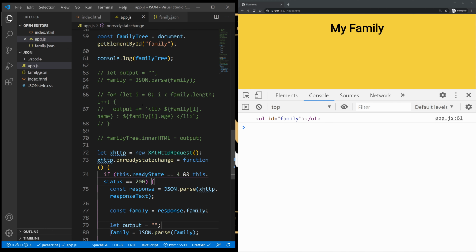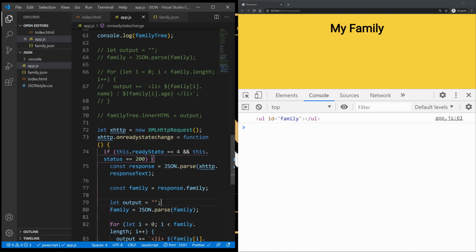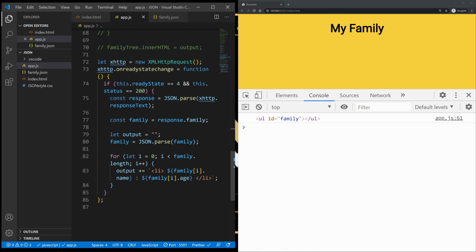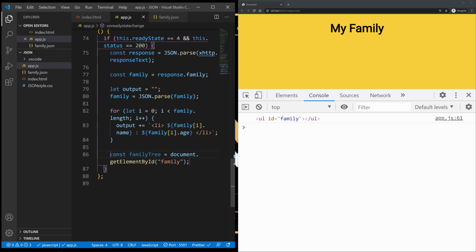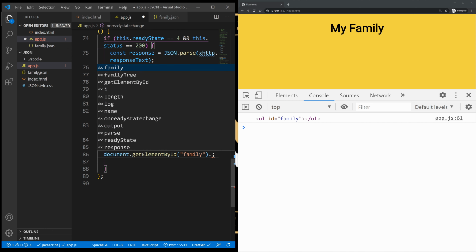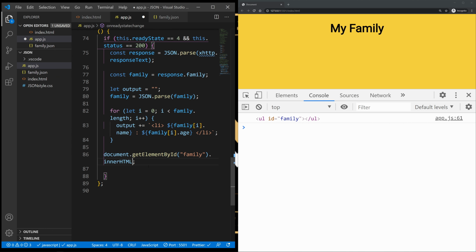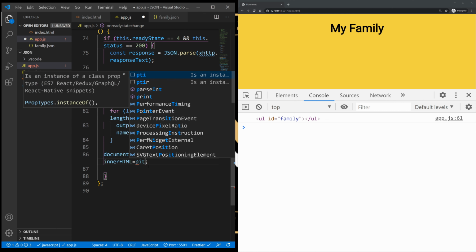And I also need to grab on to my family here. I don't need this, just need this, and I need to assign it to inner HTML, and here assign it to the output.